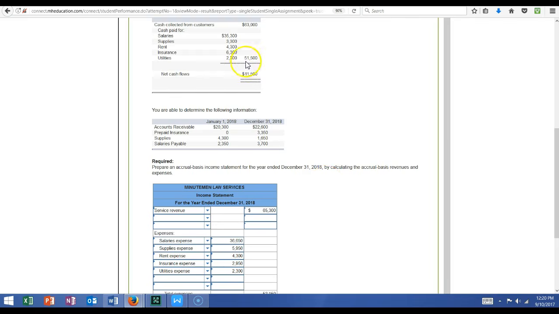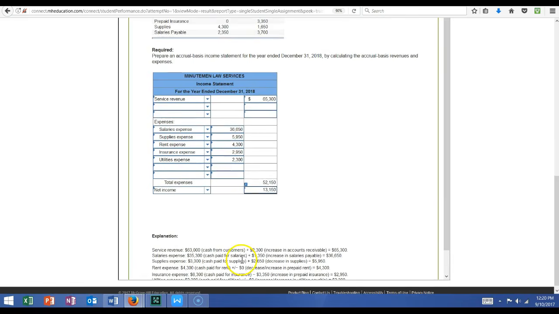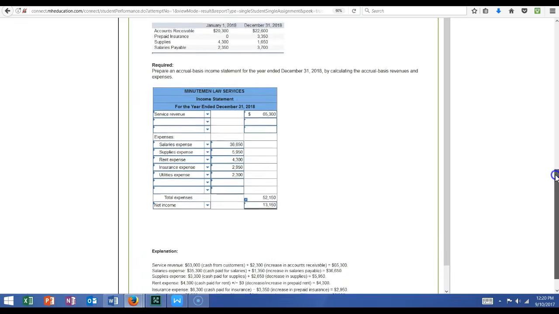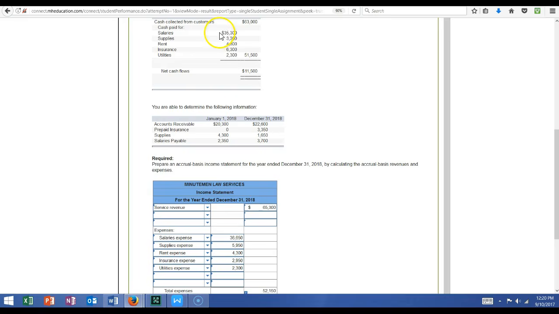So we could take the $35,300 in salaries plus what it increased of $1,350 to show our salaries expense on accrual basis should be $36,650. Another way to look at this is you take the salaries of $35,300 plus the salaries payable of $3,700,